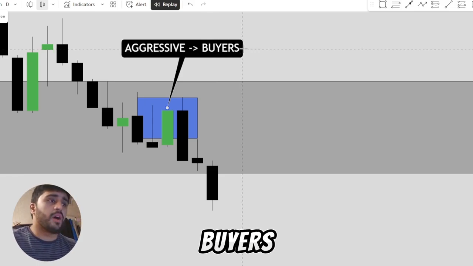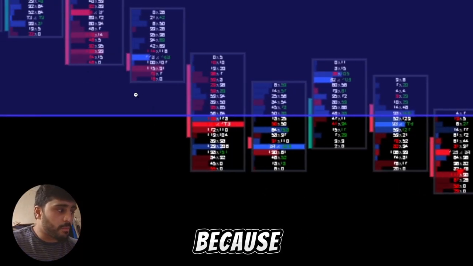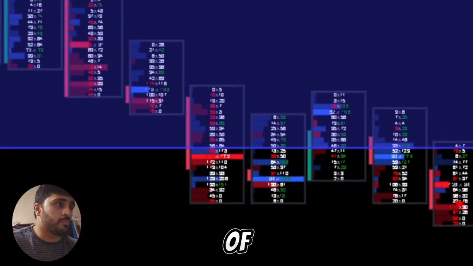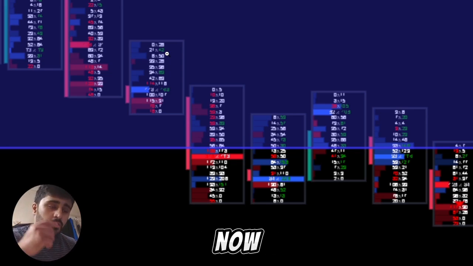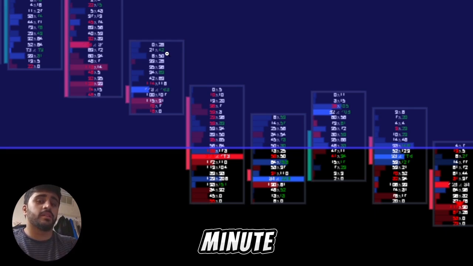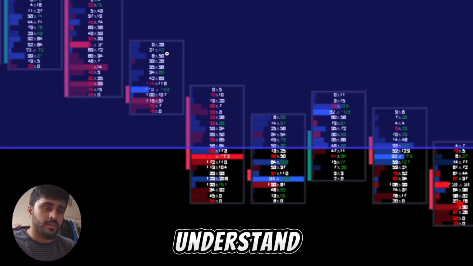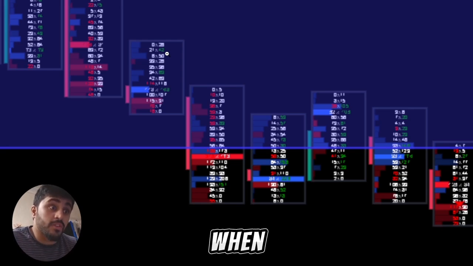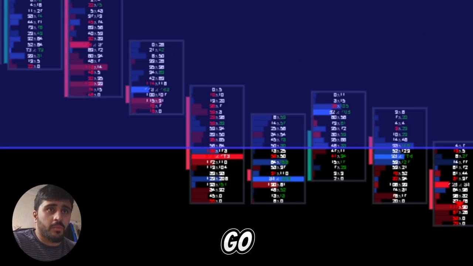Now, how do we know the buyers were aggressive? In this region, the buyers were aggressive because we can see a lot of blue delta, right? This blue delta here corresponds to the fact that the ask, the right-hand number, is bigger than the bid. Now, order flow is all about being in the now time frame. This works on the 1 minute, the 3 minute, the 5 minute, the 15 minute, the 1 hour, the daily. It works on all time frames because you need to understand what's going on in the now when you take trades. That's the only thing that matters. So what that means specifically is if we go back and look at the charts,